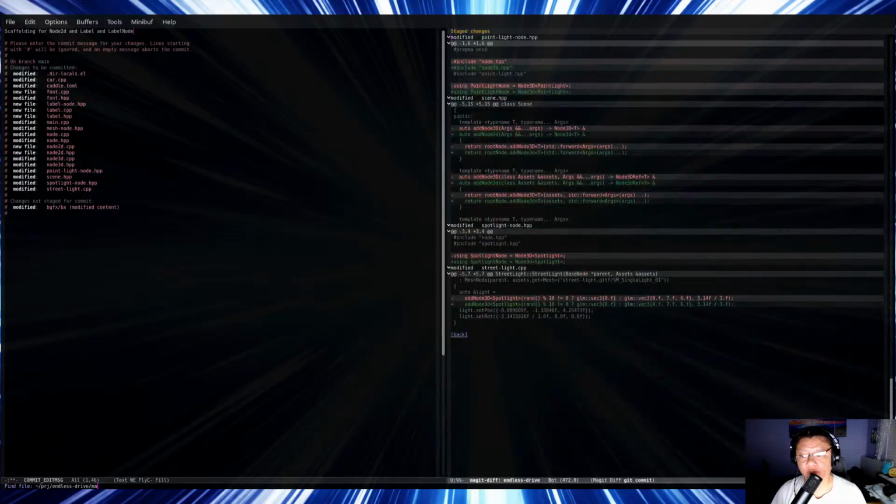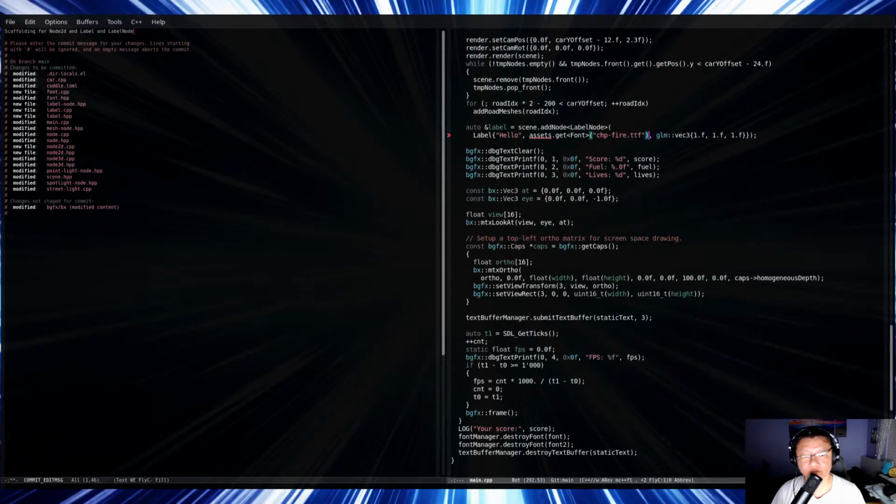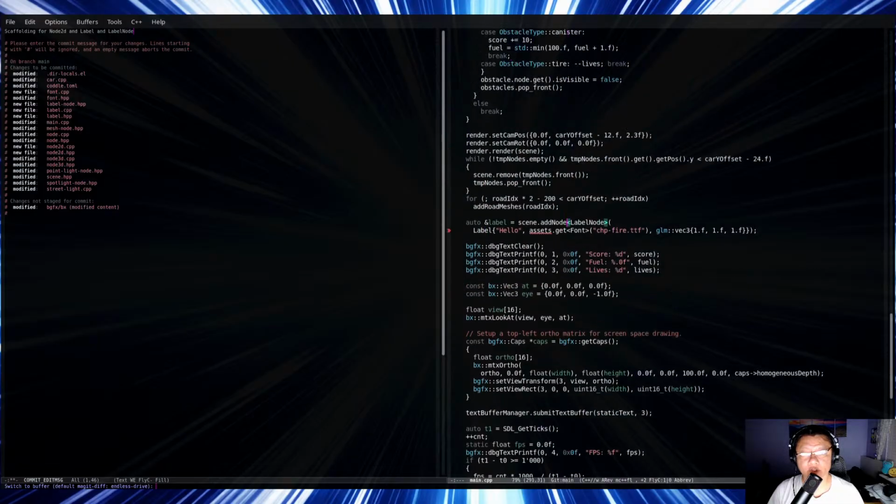Yeah, I do not know if I'm happy with ergonomics here. Add node, label. Yeah, I think I could improve the ergonomics here by